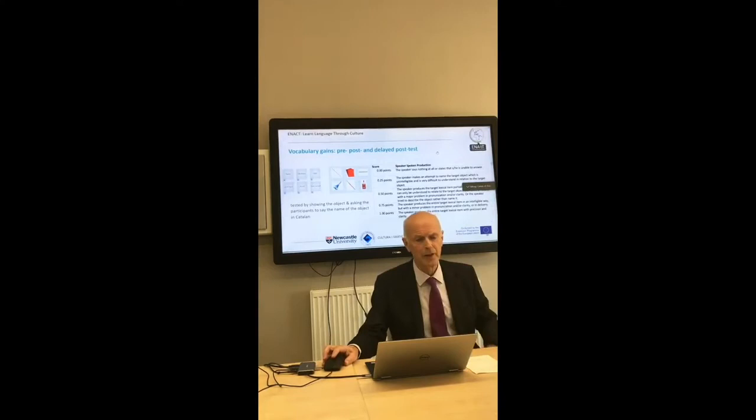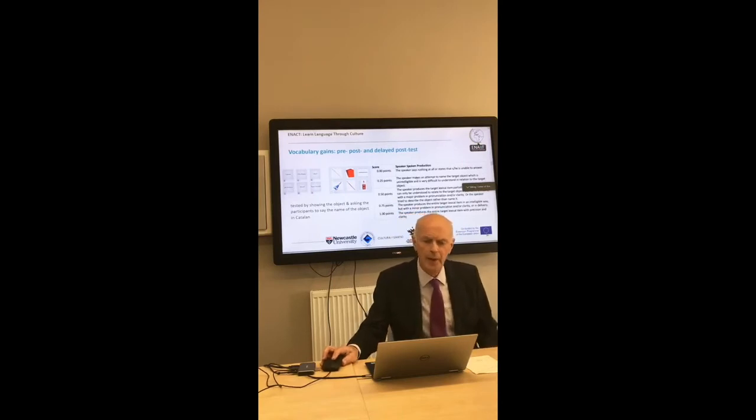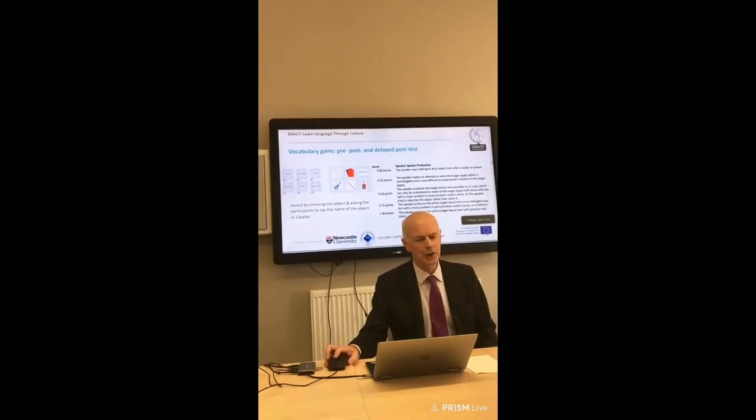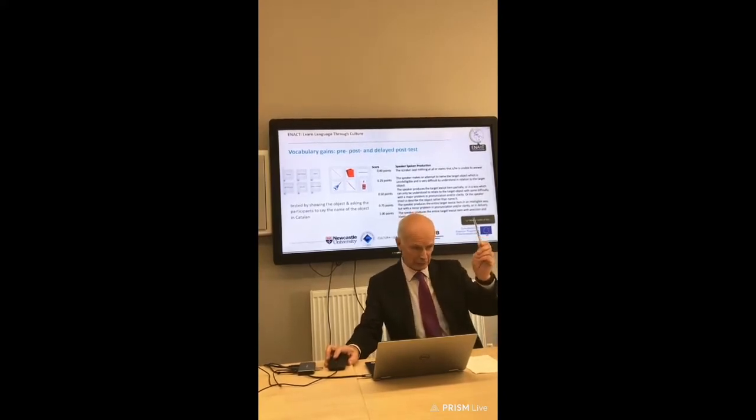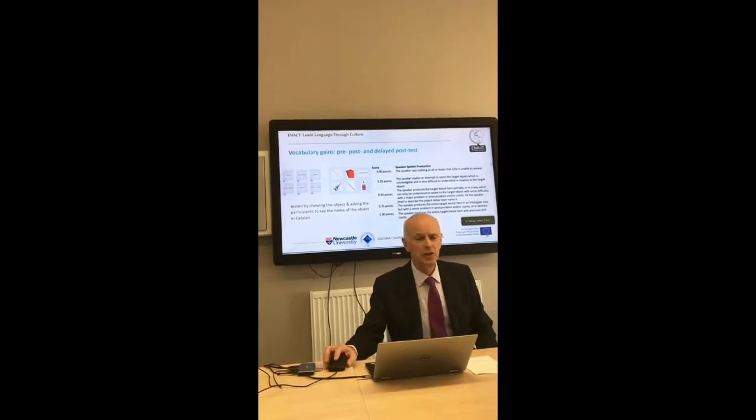Right, so vocabulary learning, we're doing this two ways. First of all, we get data from the app on that rather simplistic vocabulary test where you just match the word to the object. But apart from that, we've been doing more formal vocabulary testing using the system on the right. In other words, we start off by showing them the object, for example, pen, seeing whether they know that before they start the activity, and then again afterwards, after they've finished the activity, and then again 2 weeks later to see whether they have learnt it or not.